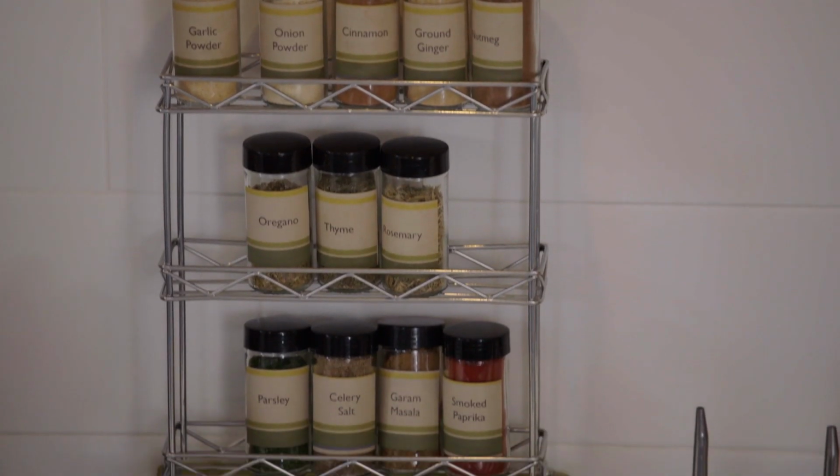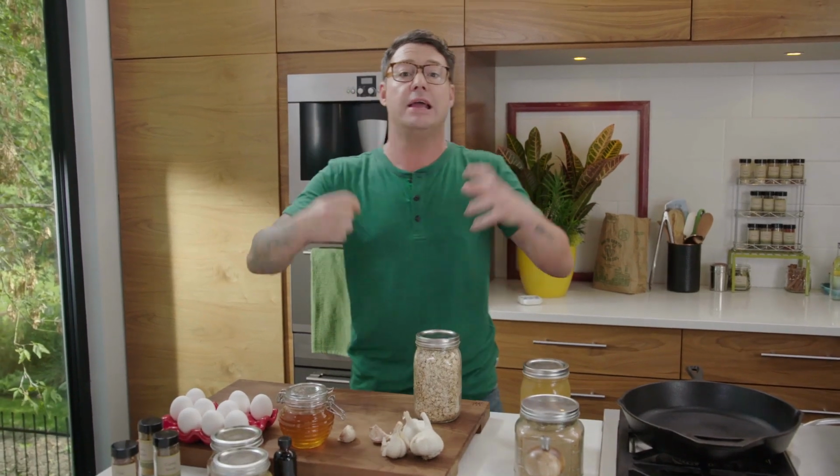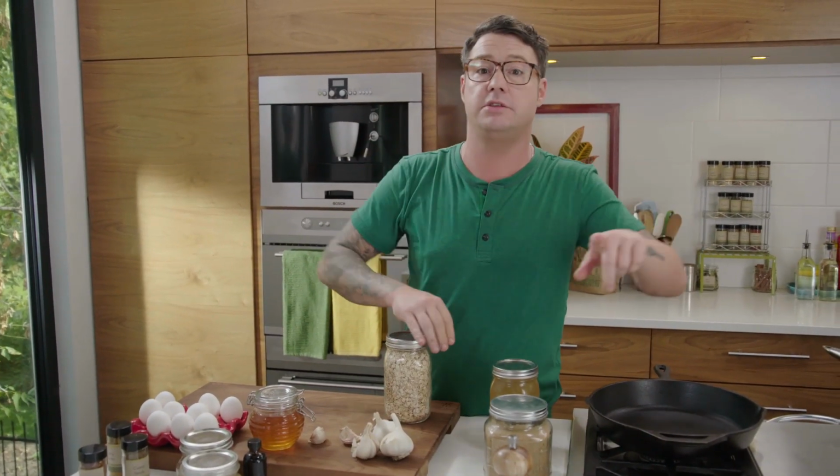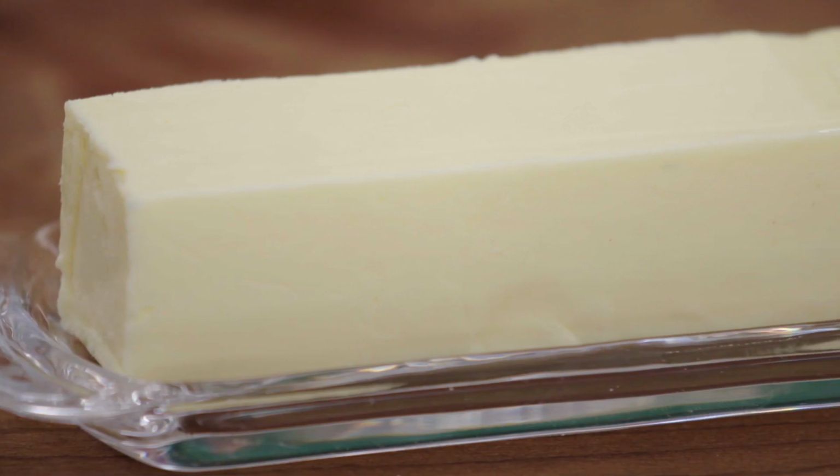When you're making a meal in around 30 minutes for around $30, it's really good to have a well-stocked pantry. And here's some of the things that I keep in mind. Lots of dry spices. Dry spices are cheap, bang for your buck, and give you a lot of flavor from salads to desserts to protein. For dairy, I always keep around a little bit of butter because butter makes things taste